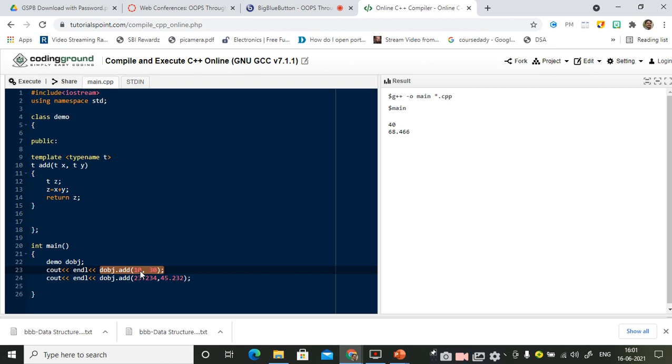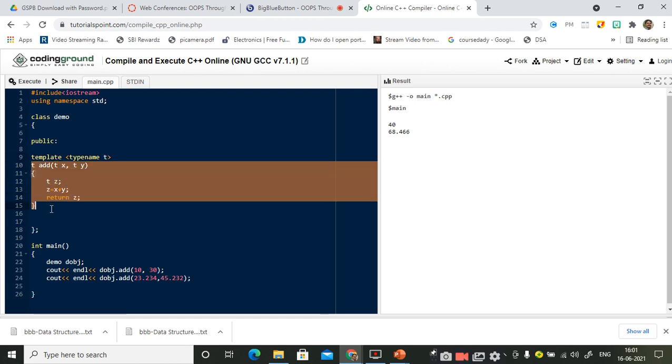When you call the first function dobj.add of 10 comma 30, since you are passing integer values as the parameters, that integer type is going to be taken by this type name. So t will be converted into int. So this function is converted into int of add of int x comma int y, int z, z is equal to x plus y, and return of z.